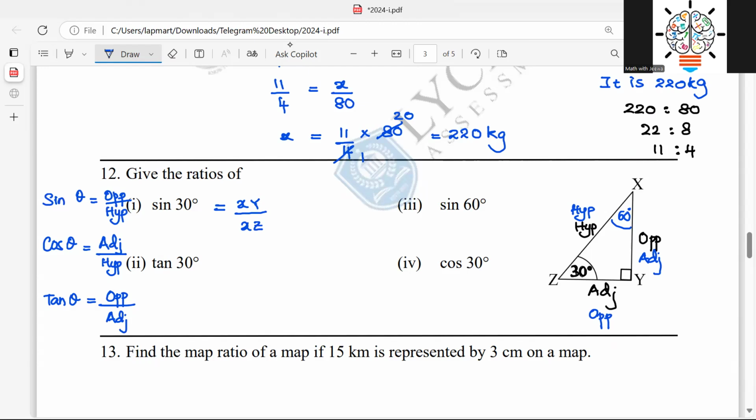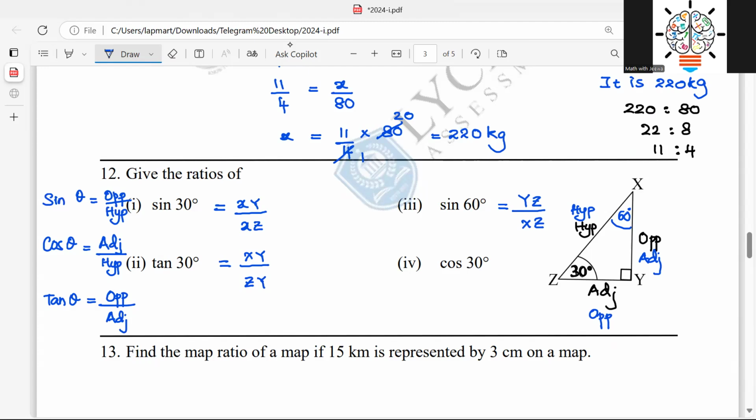Then the sine 60, related to the 60, opposite is YZ and hypotenuse is XZ, right? So then the tan 30, opposite XY, and adjacent CY,